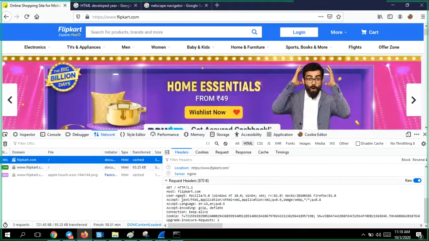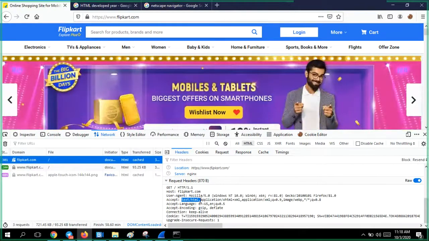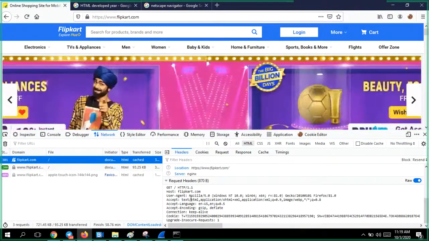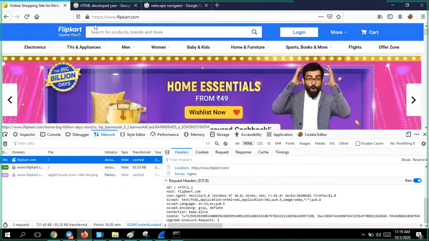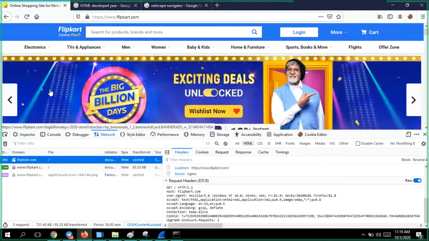What is it? It says for my web server, I understand whatever data I'm requesting, if you are sending the data, I understand HTML format. What is meant by HTML format? This is the language which it understands. Correct, right? So this is the HTML.